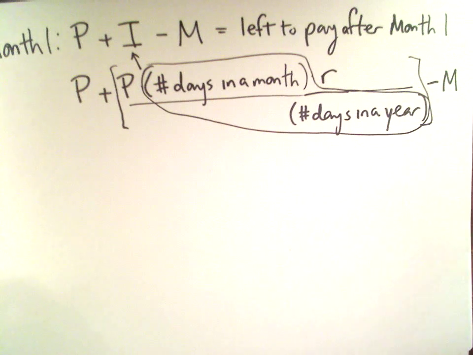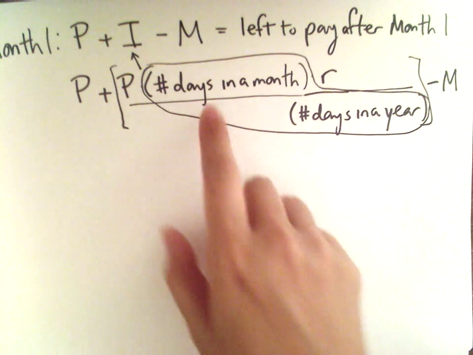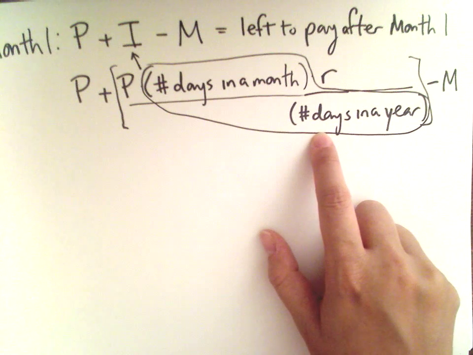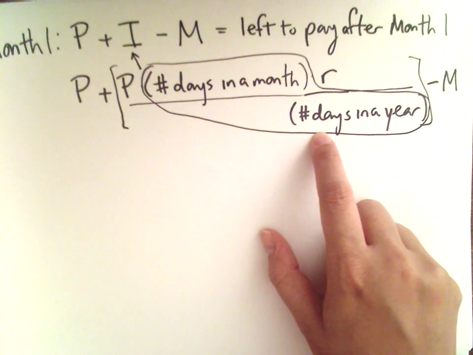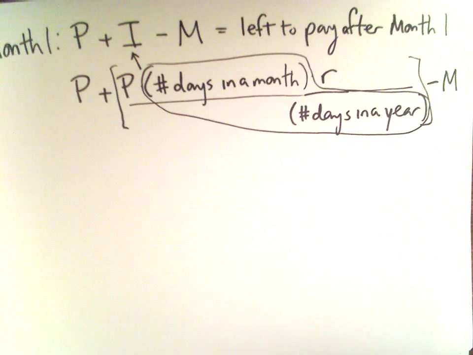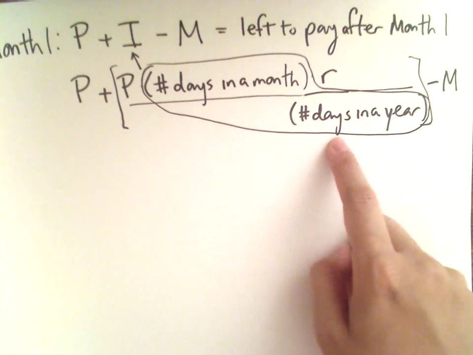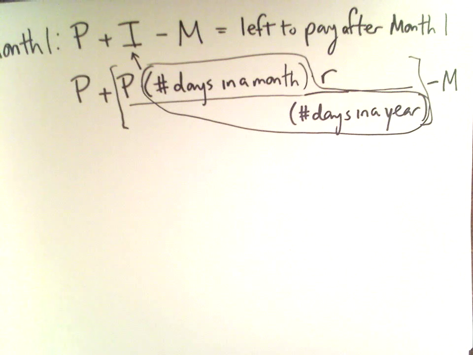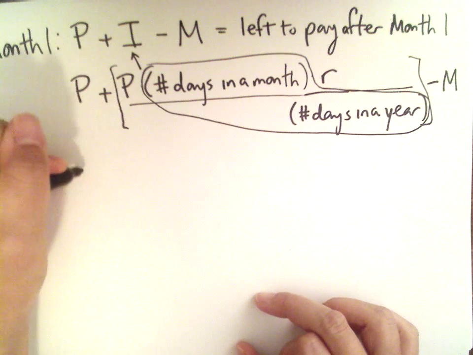There are different days in a month, 30 or 31, or 28, and we don't want to keep calculating different things each time. So the number of days in a month divided by the number of days in a year can reduce down to 1 month over 12 months in a year, right? So instead of days over days, we can do months over months. We can simplify all of that and write down